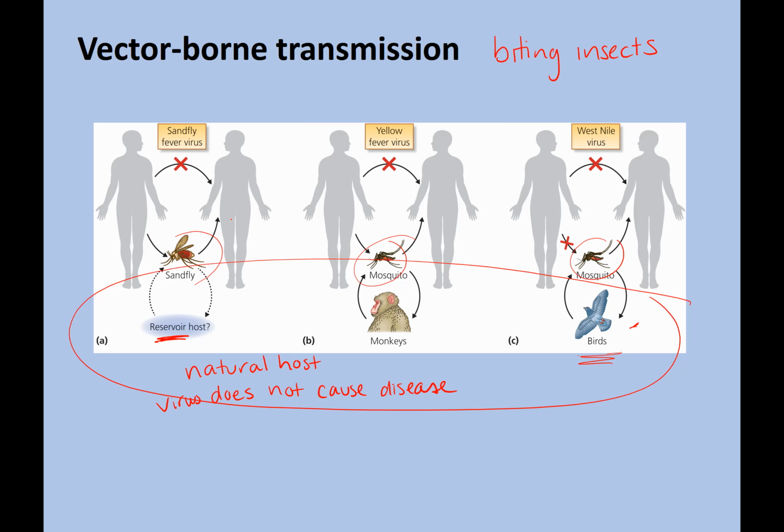So you can think of this also as a zoonotic disease, but it's got a middleman. It's got an intermediate. Notice that it's not transmitted person to person. So that's one of the interesting things about West Nile virus that we had in this country 10, 15 years ago. We knew it was coming from wild birds and mosquito bites. Luckily, there was no transmission human to human. So the human is called a dead end host